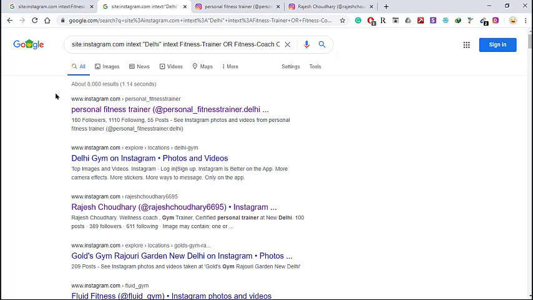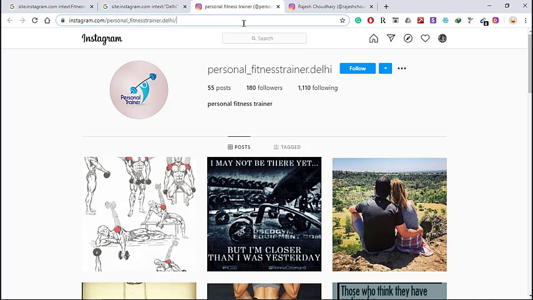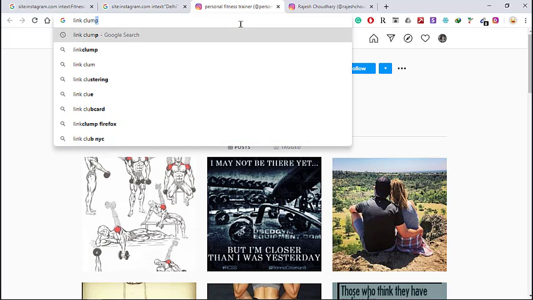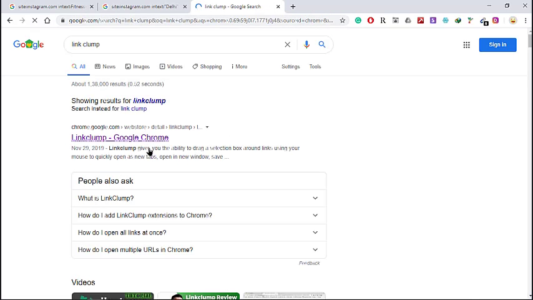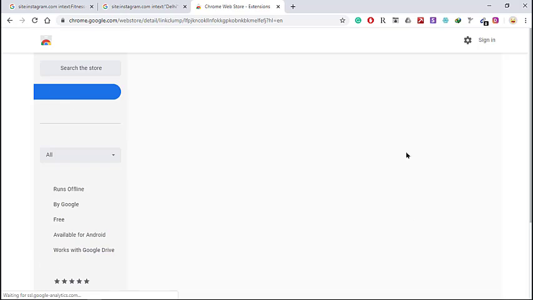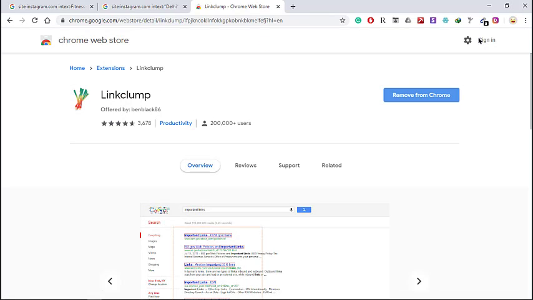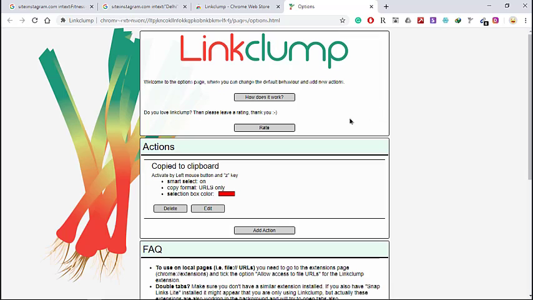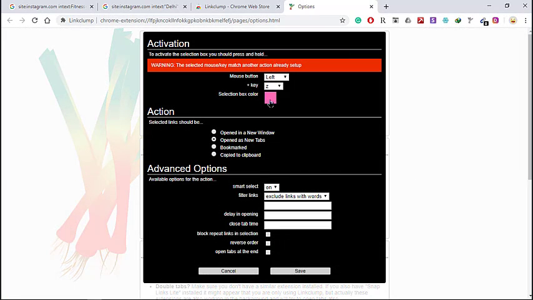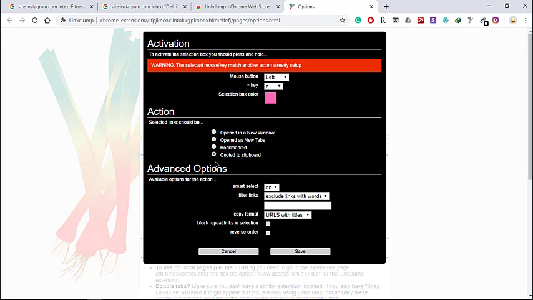For this I'm using a tool called Link Clump. This is also a Chrome extension. It's a very simple extension. It's already there. I'm just going to click on this option. You just have to click on copy to clipboard.